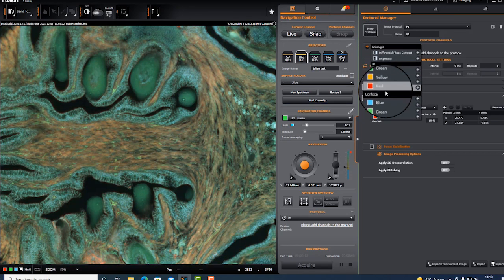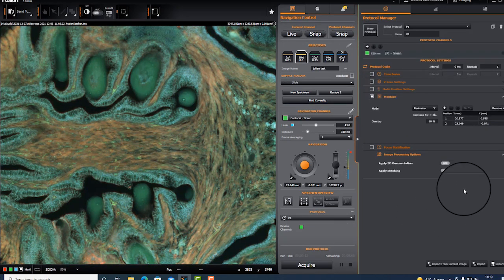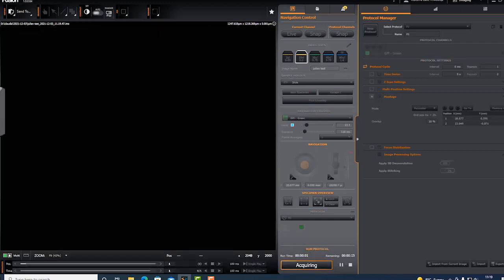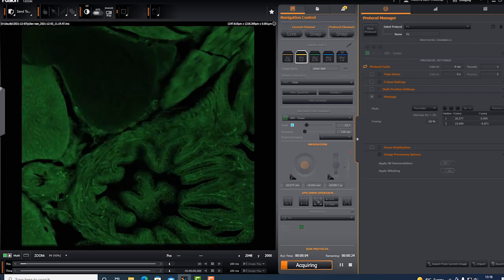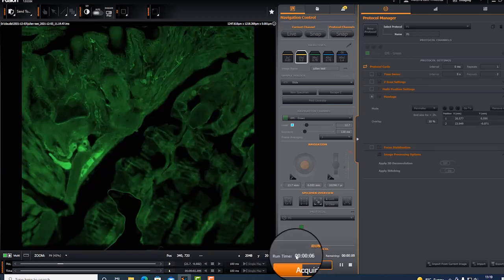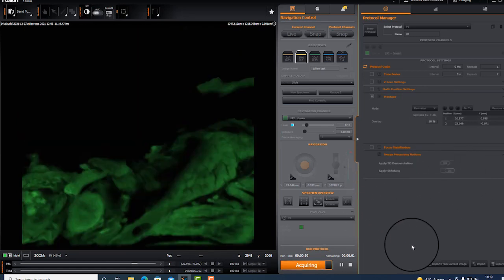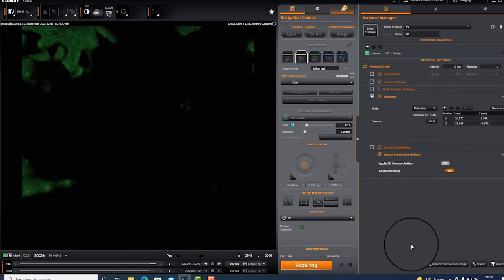I add the channels for acquisition, and then I can apply stitching and have the sample stitched after acquisition. I press acquire, and it will acquire all the tiles. I've asked a 4x2, so 8 tiles montage. It already acquired,